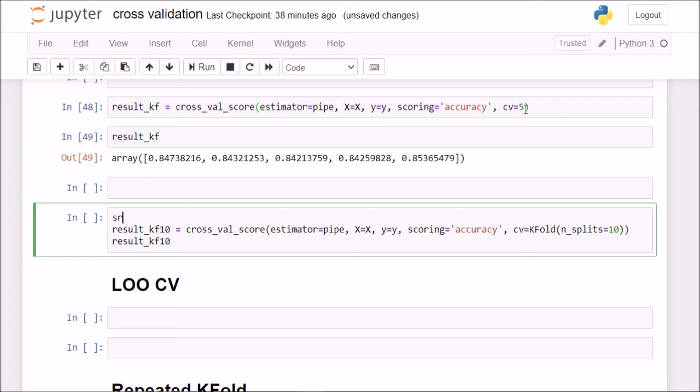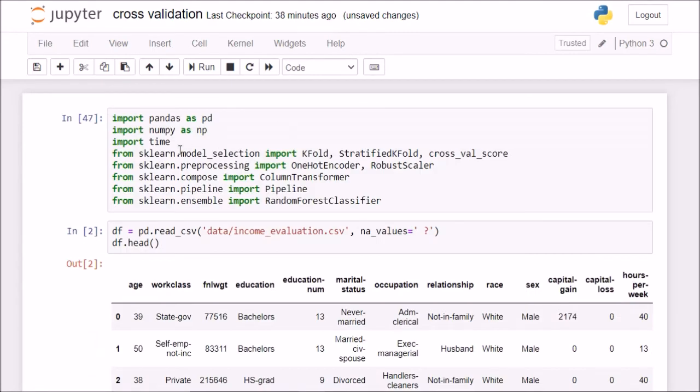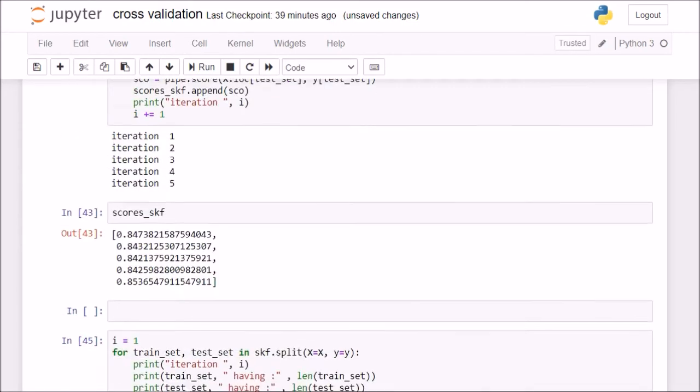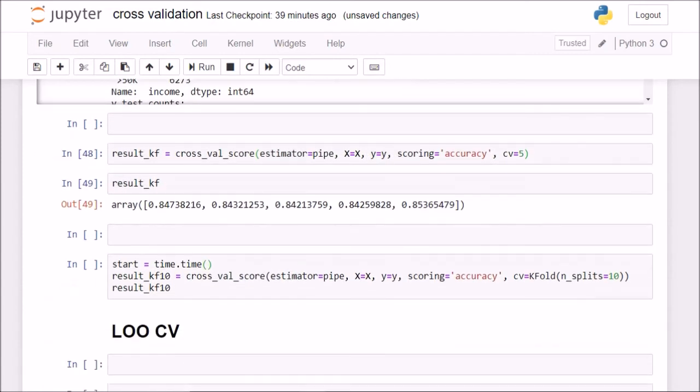So I'll set a variable called start, and I'll say time.time. By the way, I've imported this time module at the beginning of the lecture, if you check here. So I'm just using that module here.